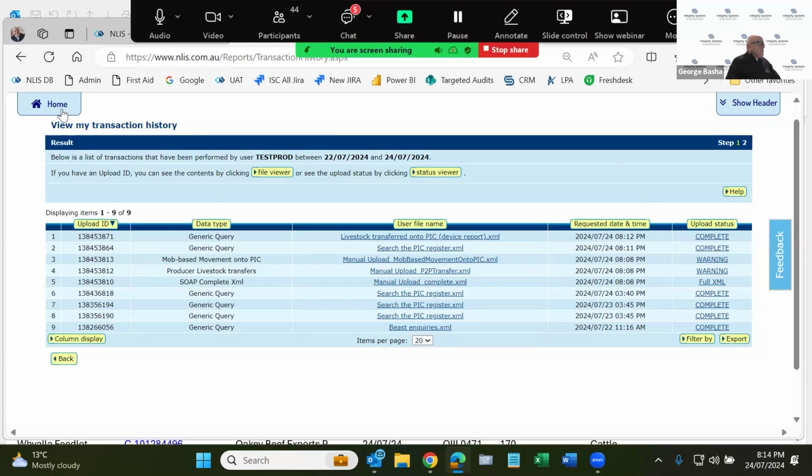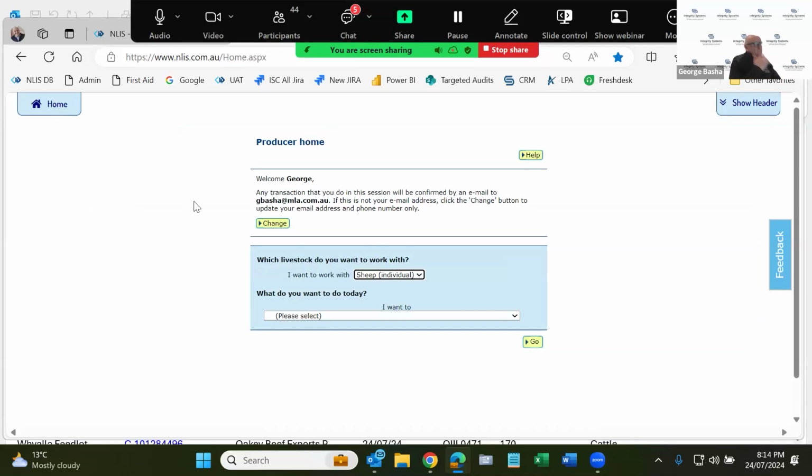So pretty simple, do the transfer and check. So the next page is